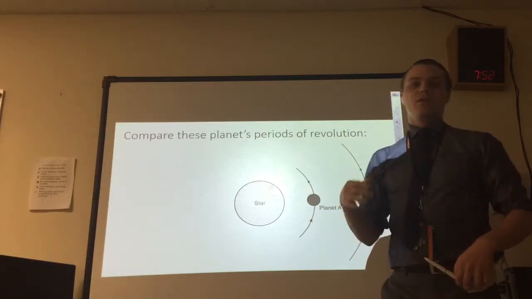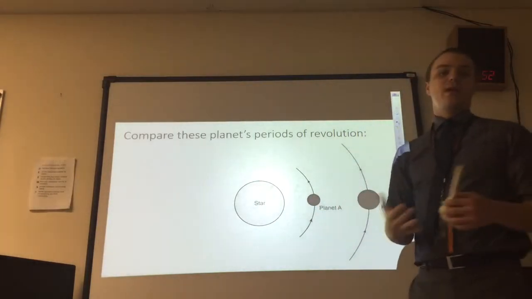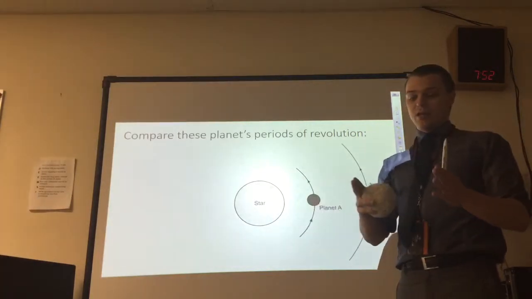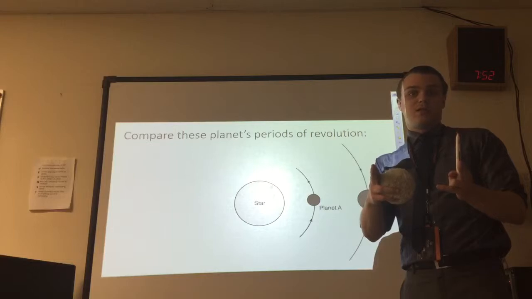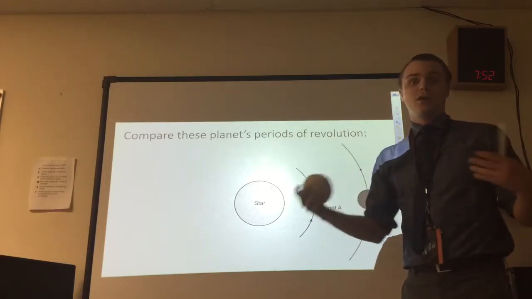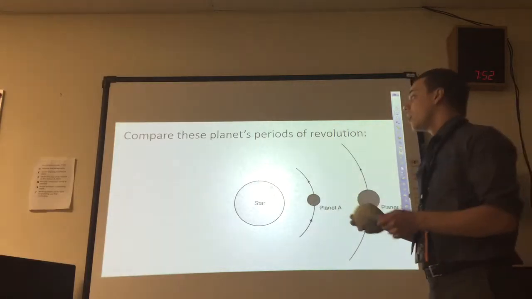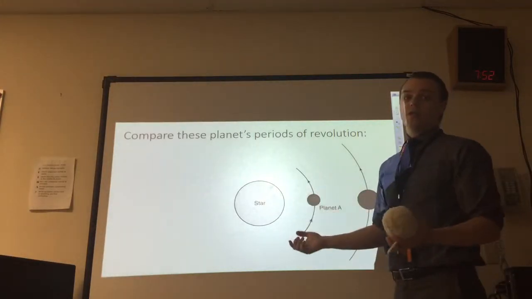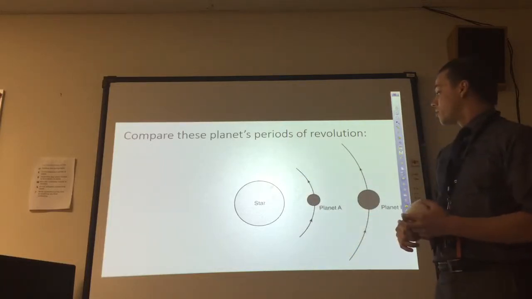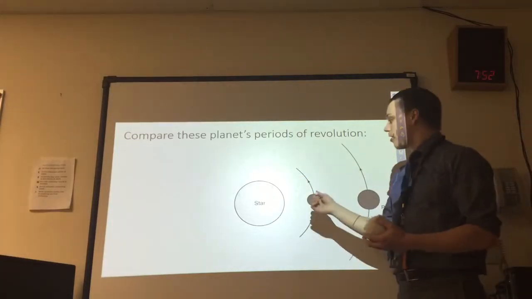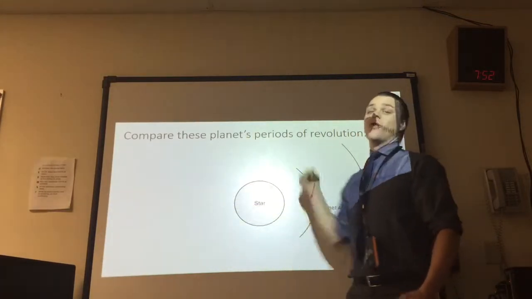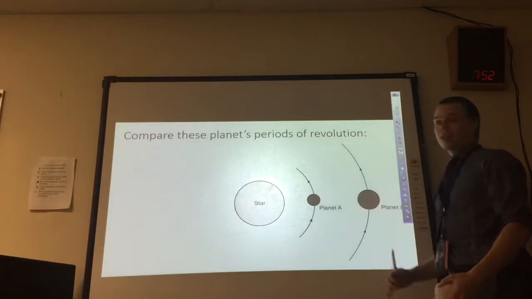I always like to think of the word period as, in school we have periods, right? So 8 periods, and the period is 42 minutes long. If we were to increase that period, or make it a longer period of revolution, we would make it longer than 42 minutes. So in this case, we're going to compare the planets' periods of revolution. In reality, these inner planets go zooming around the sun, or in orbit, compared to these outer planets that